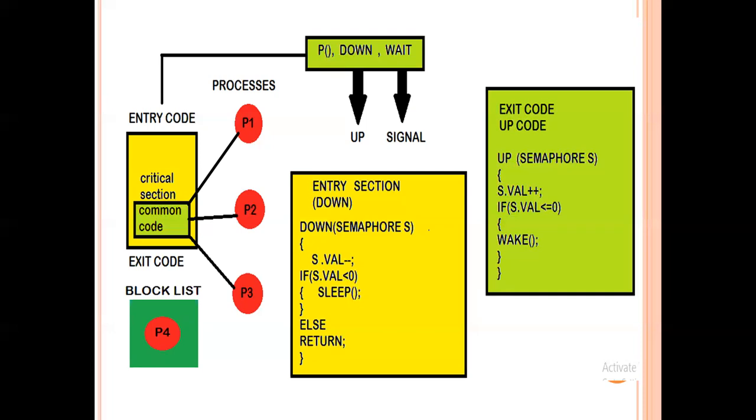Now the semaphore value is negative. It runs the exit code, so the semaphore value increases. All right, it makes the space. For example, now again process 2 comes out, process 3 comes out. The basic idea is whenever the process enters, it decreases the semaphore value, and whenever the process exits, the space is left because the process already left, so it increases the semaphore value. And because now the semaphore value is increased, any other process can come and access the common code. So this is the basic idea.